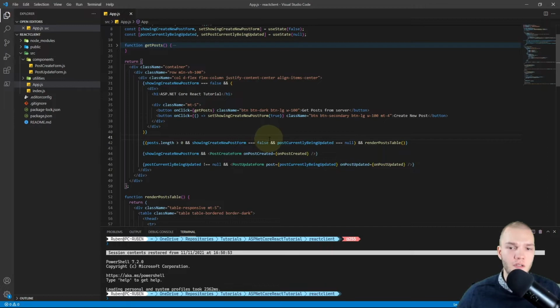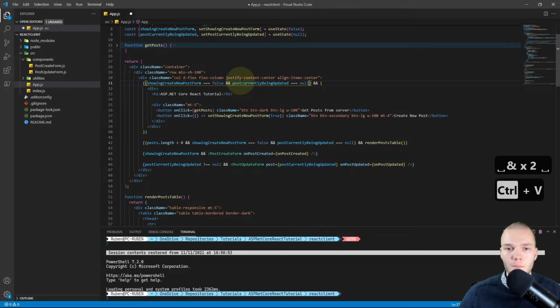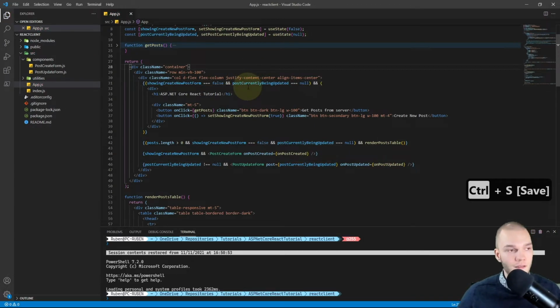And I'm also gonna add that to the display code above with the main heading 1. So I'll just copy that, triple equals null. So, and I'll wrap this in parentheses. So if this showing create new post form equals false, and the post currently being updated equals null, then display this.